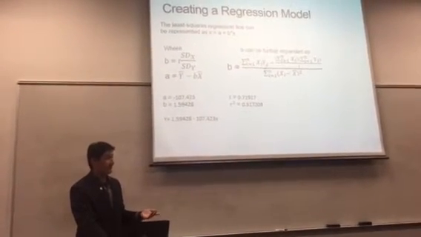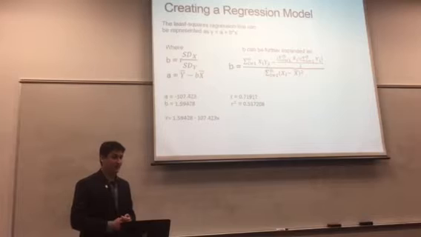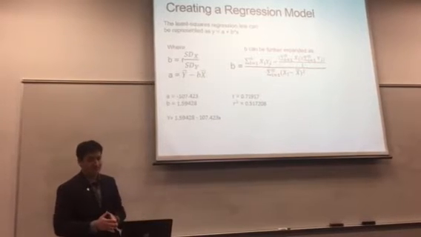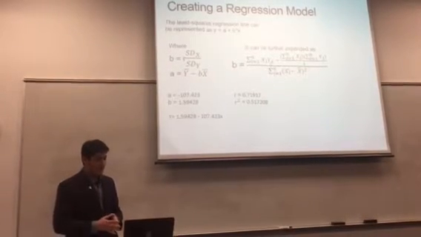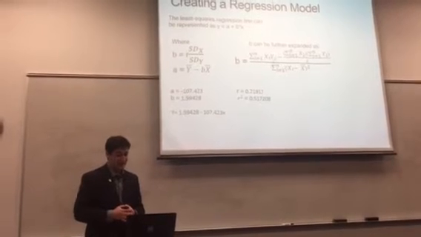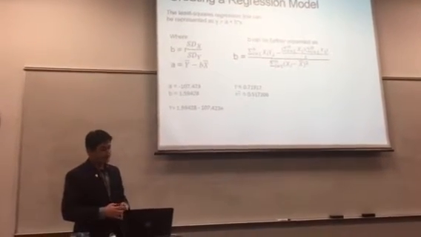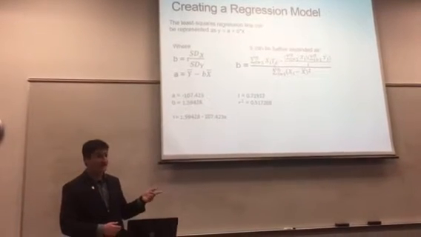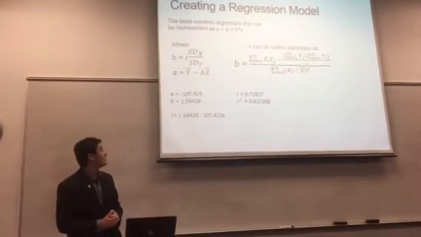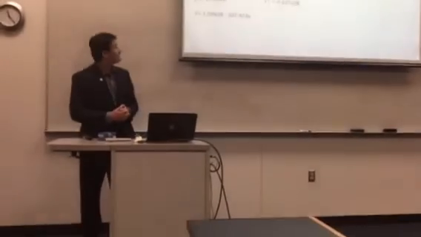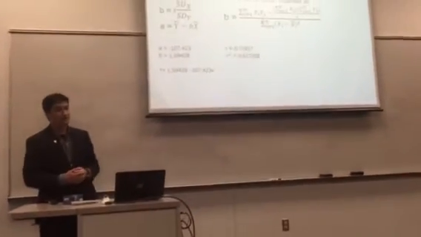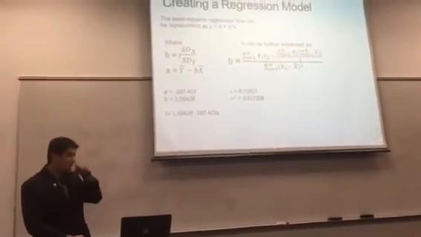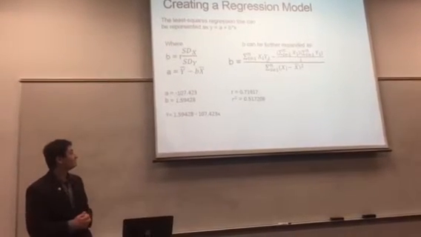Of course, you can't create an exact linear model, but you can approximate it using the least squares method, where you have an equation y equals a plus bx, and your b is equal to the correlation coefficient times the standard deviation of the x values over the standard deviation of the y values, and your intercept is equal to the average of the y values minus whatever you got for b times the average of the x values.